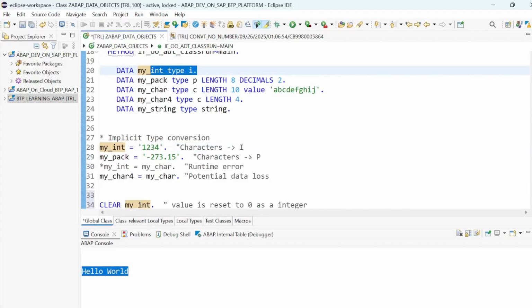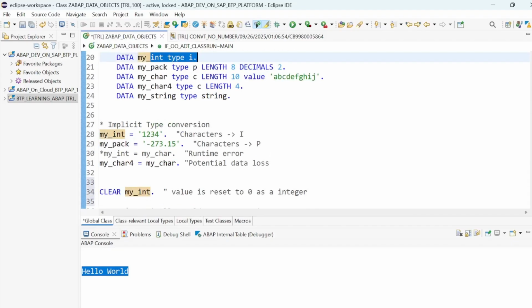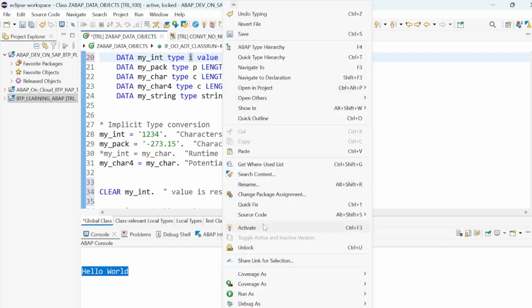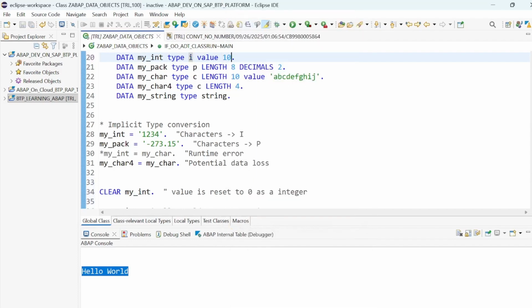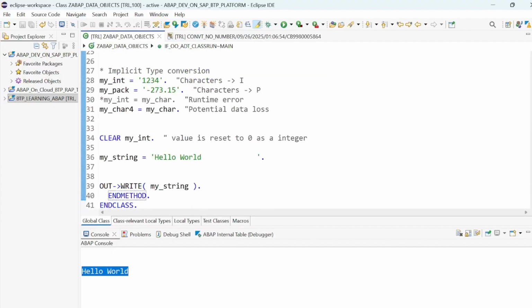First, it is an integer, and the same will be applied. So if I just give here value 10 to the activation of it, it will be converted into an integer, which was its initial value, and the same thing will be applied here as well. Okay,